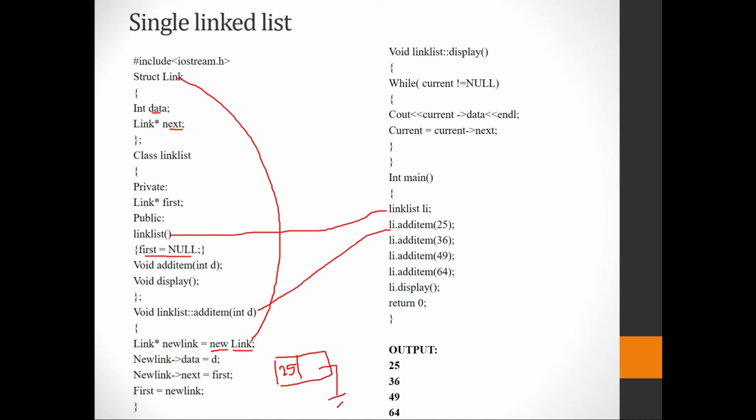Okay. So now after which it comes to 36. Okay. So now again it comes over here. It creates yet another node 36, and then this null will be changed again, and this continues. So first your output would be 25, 36, 49 and 64. Okay, it goes on like that.